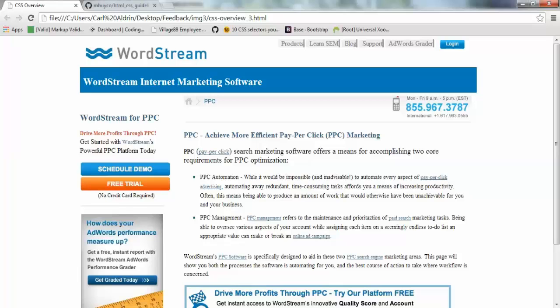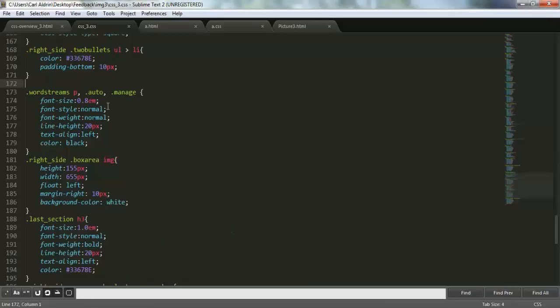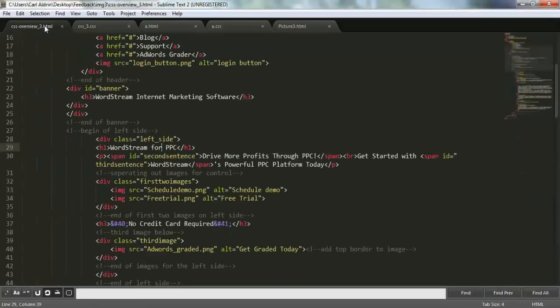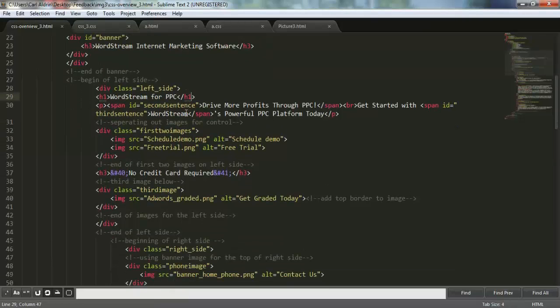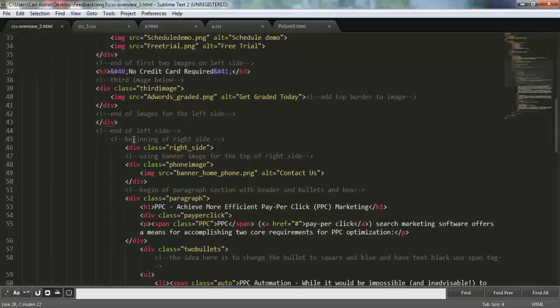Okay, so next, our main concern with your HTML now is your indentation. As we can see, we cannot identify what the left side div contains and what the right side div contains.